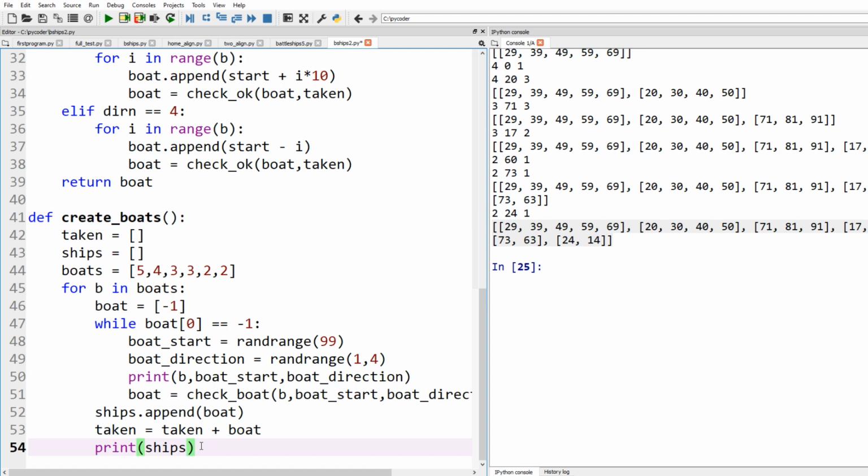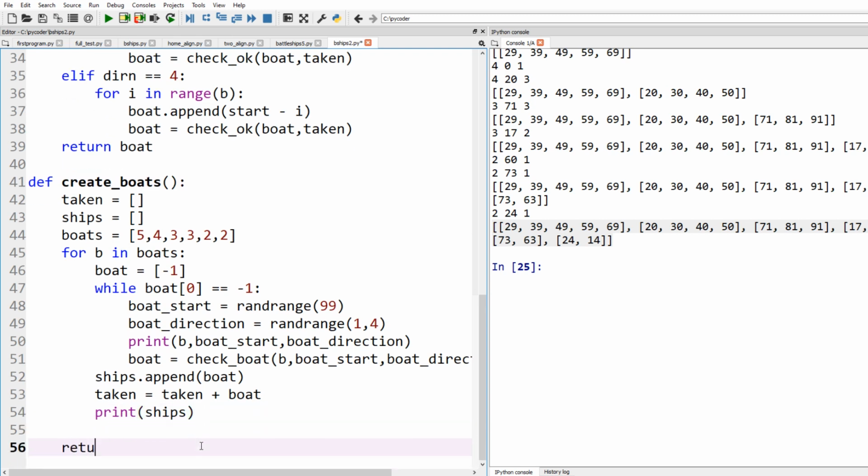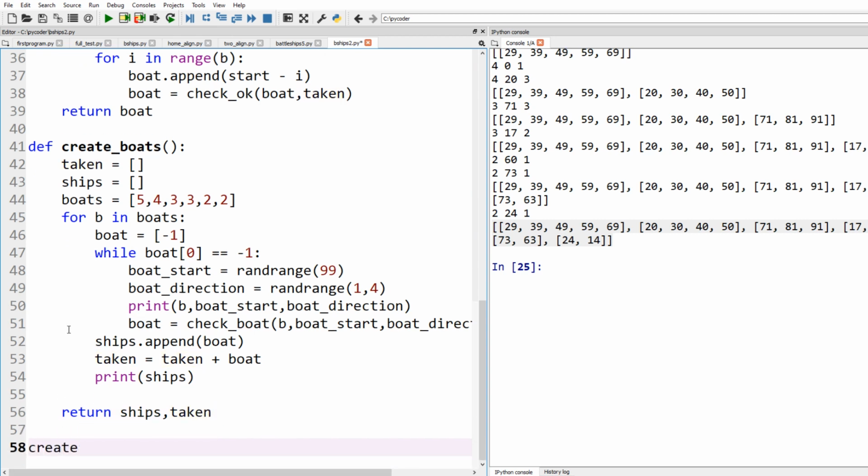And then we can return the boats and ships, and also we're going to look at taken. So we can call that by saying create boats. And then we have our boats and taken returned,